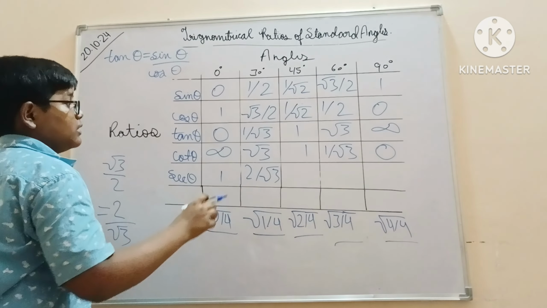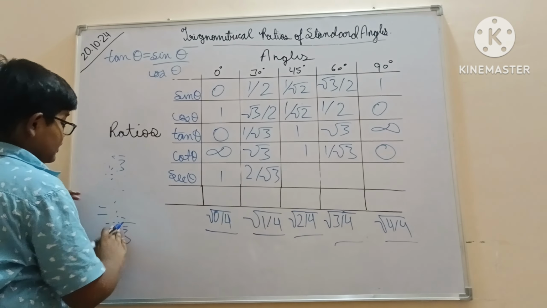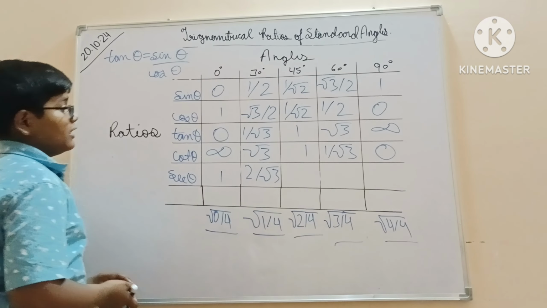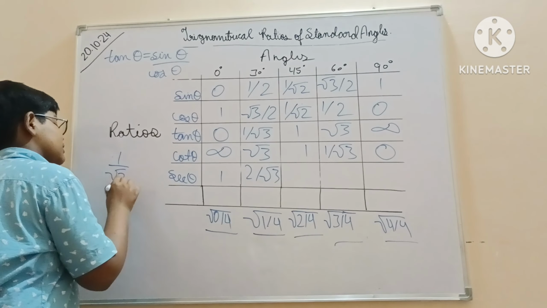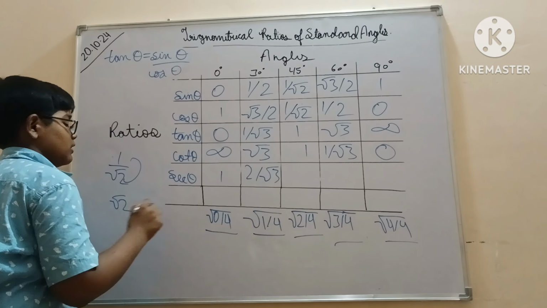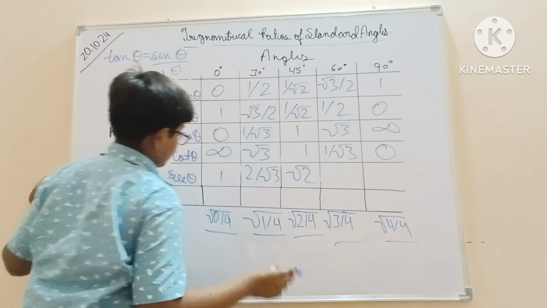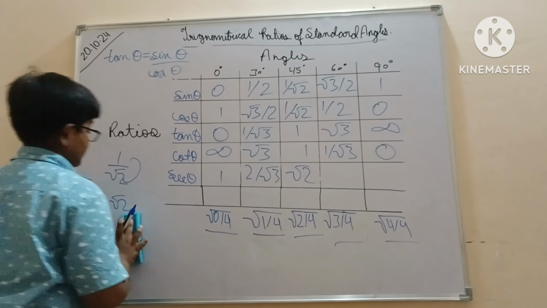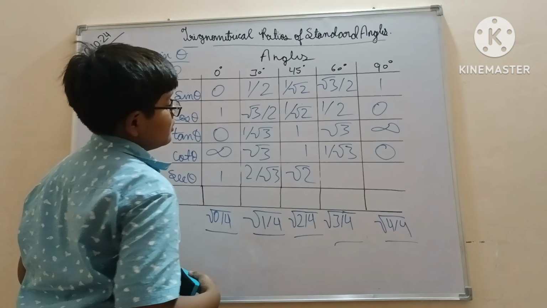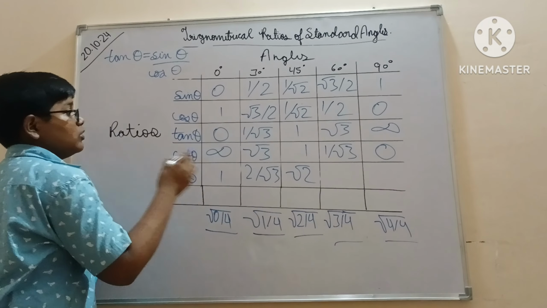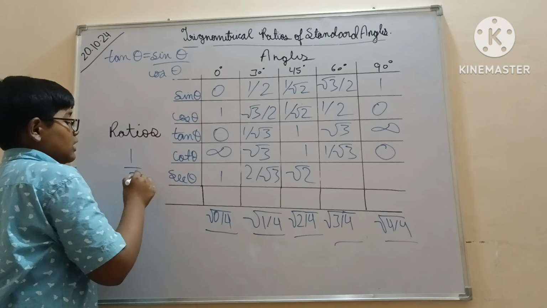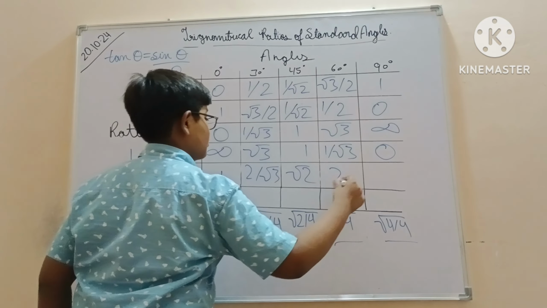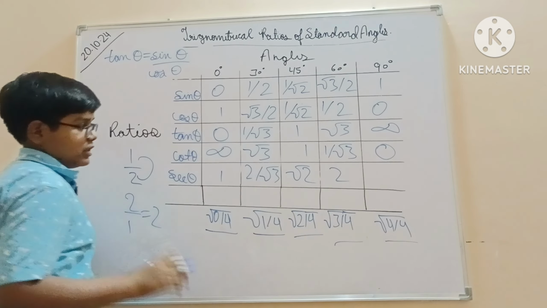Now cos 45 is 1 divided by root 2. So we will find the value of sec 45 by the reciprocal of cos 45, which is 1 divided by root 2. Root 2 will become the numerator and 1 will become the denominator. In the denominator there is no value for 1, so 1 will be vanished or not involved. So this will become root 2. And now cos 60 degree is 1 divided by 2. It will be reciprocated for finding the value of sec 60 degree. So it will become 2 divided by 1, which will be equal to 2 only.